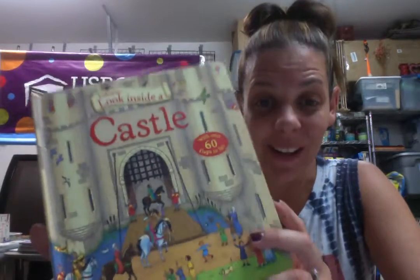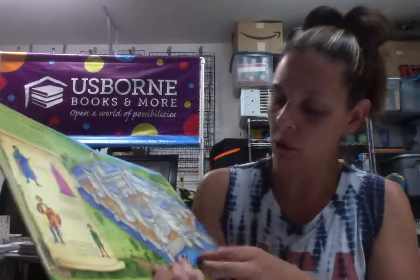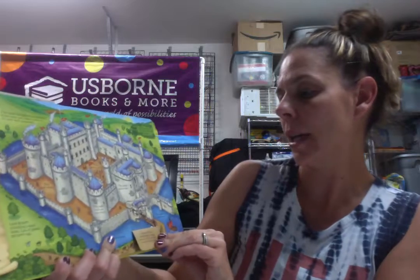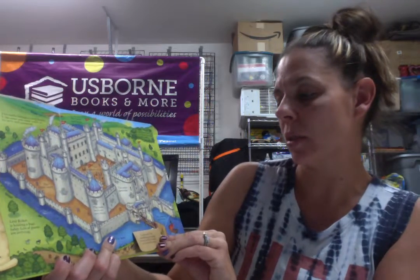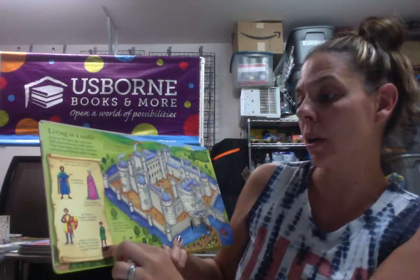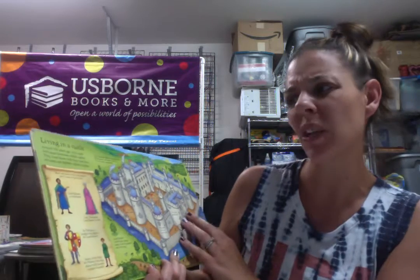All right. Osborne, Look Inside a Castle. So I got this for the book fair, so I have a few left over. And I just love it. It has like the drawbridge here, and they open it up. Creak. The drawbridge swings down so the visitors can cross the moat. Castles are so cool, right? And it has all the Lord and the Sir and the Adam who helped Sir Walter. One day Adam will become a knight himself. So there's like a little story too